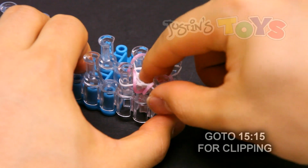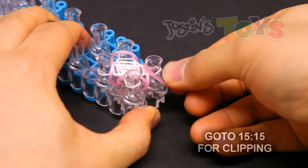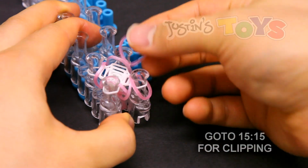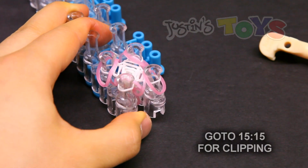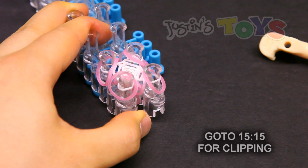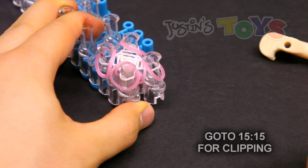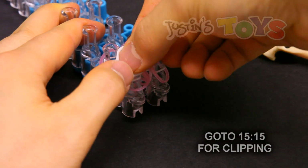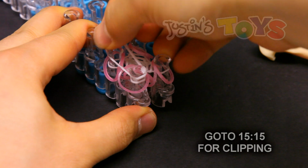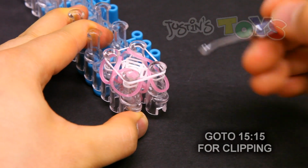7, push down, and grab 4 more globe color bands. Let them hang off of these pegs. 2, 3, 4. And then grab another inside color band and start your third globe. So, get over all 4 of these pegs. And again,